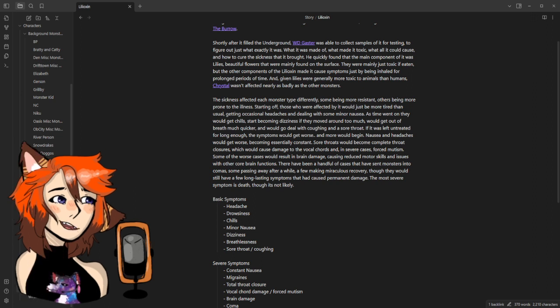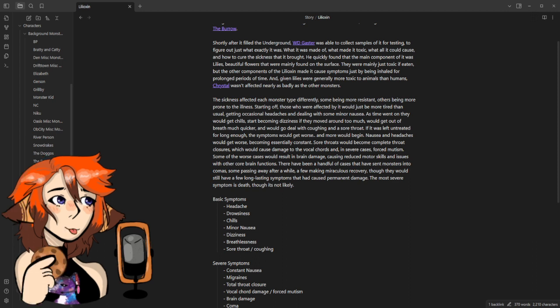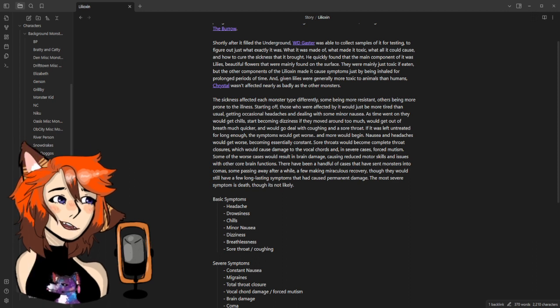The most severe symptom is death, though it is not likely. So it would mostly just be like a cold, but near the beginning, when there was no medicine, no cure,